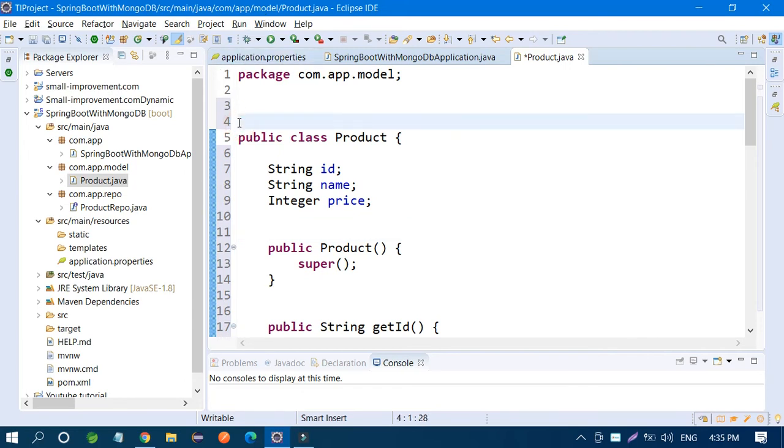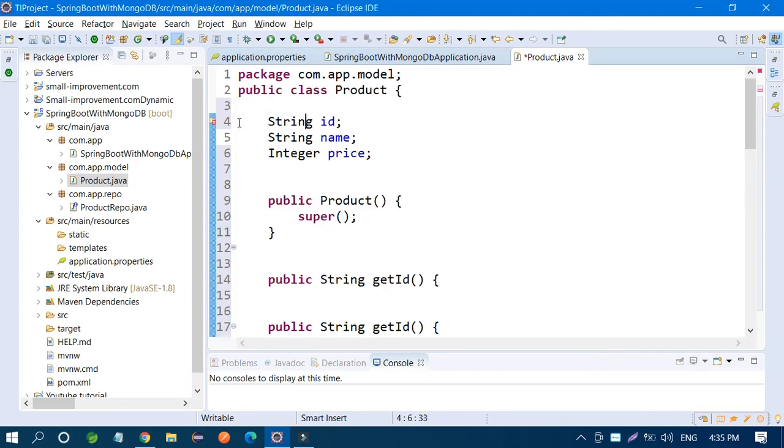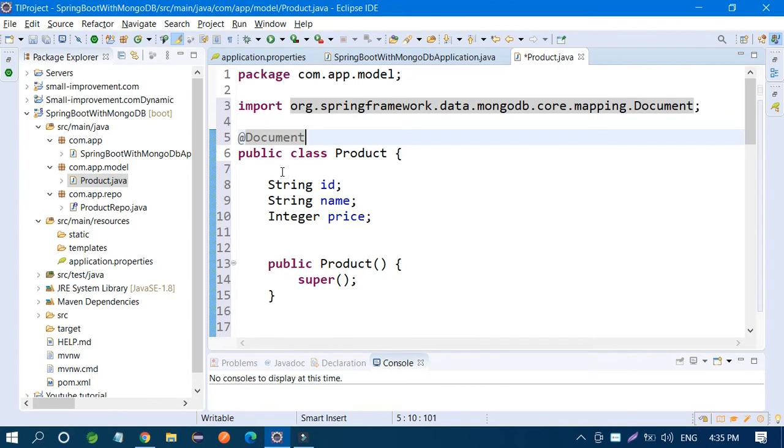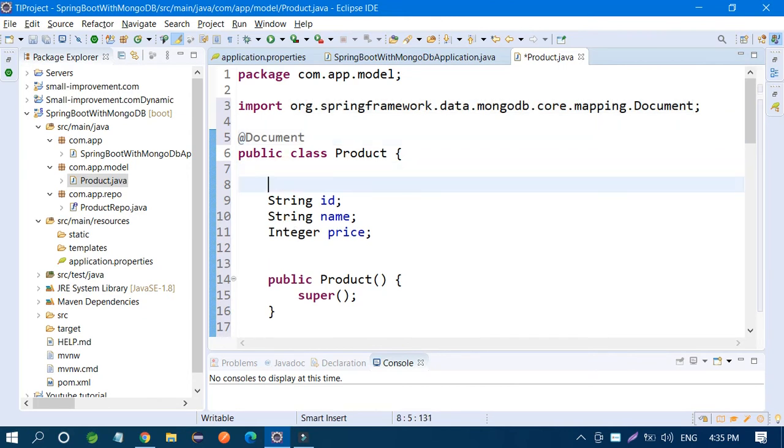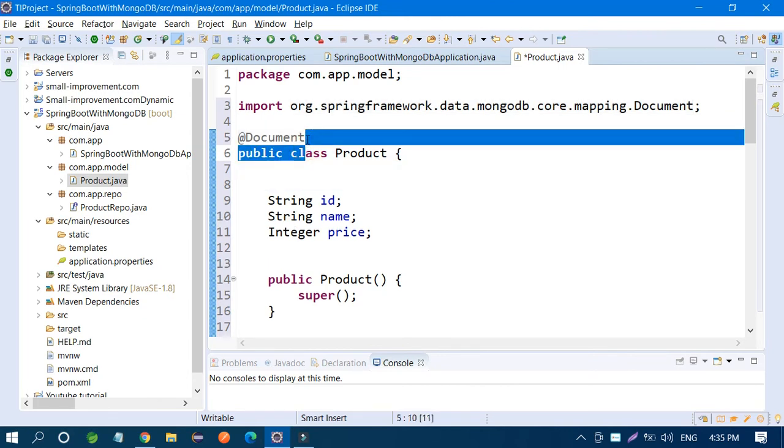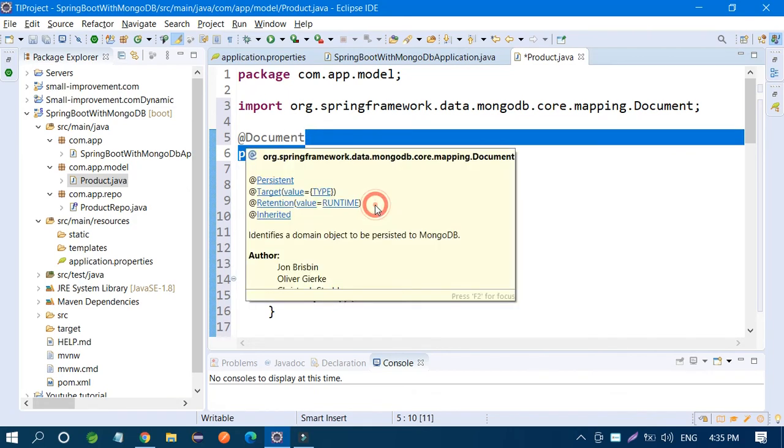Now you have to save here. You have to take one annotation, Document. If you write it like that, internally it's optional. If you don't enter it here, it's not a worry.